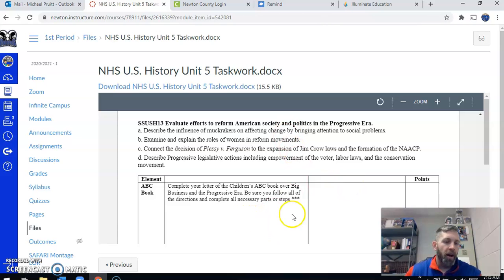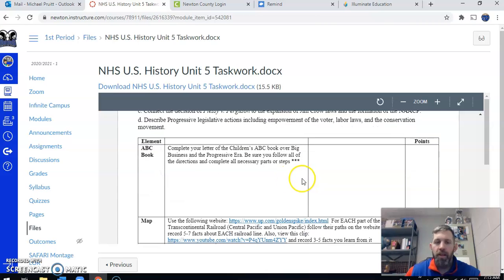So, very last thing in this video is just to very quickly look at our task work activities for the unit. Today we're going to get started on this activity, and I'll have a second video for that. But instead of making you do key terms where you define each and every key term and do your pictures and all that, we instead are going to make a children's style collaborative ABC book. You will have one single letter that you are responsible for, and your other classmates will have the other letters. There will be a video that I will record that covers this. This is what we will be working on today in class.